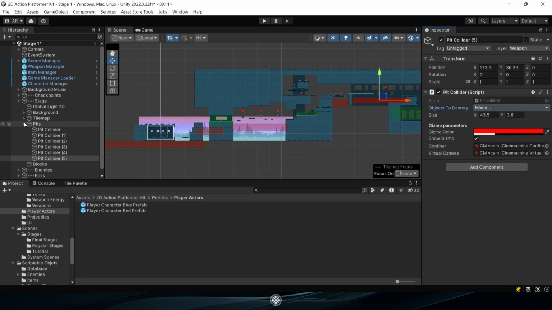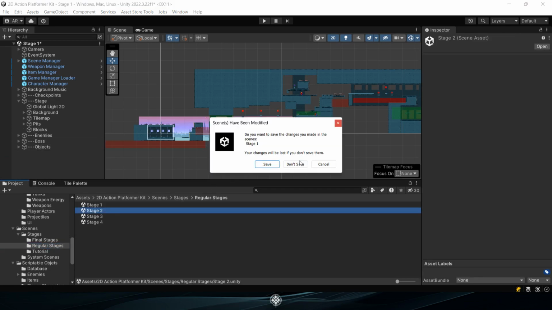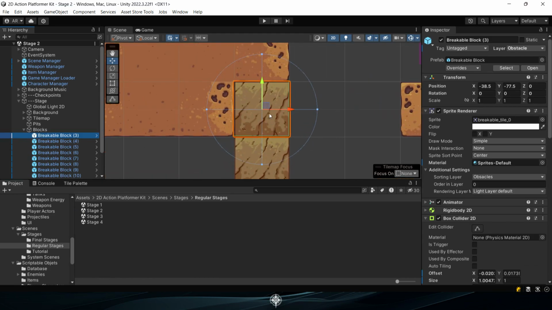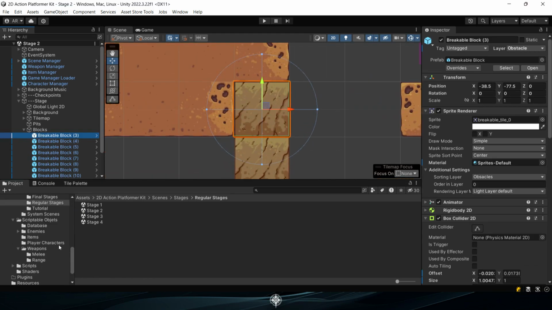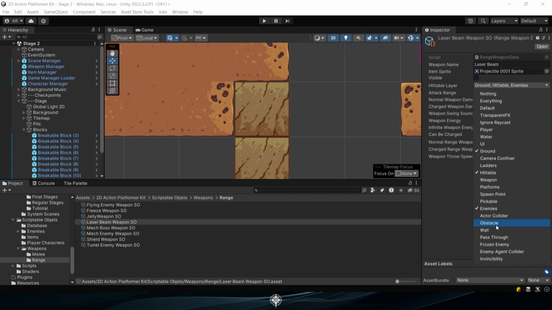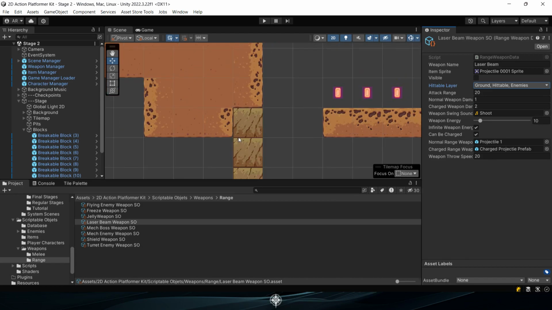Moving on to destructible blocks, which are absent in this stage but present in Stage 2, we'll explore their functionality. These blocks, found in prefabs and objects, can be destroyed by certain weapons, adding a layer of strategy to gameplay. To assign a weapon the capability to destroy blocks, navigate to scriptable objects, weapons, and select either a melee or ranged weapon. For instance, by adjusting the settings for the ranged weapon laser beam, you can add the obstacle layer to its hittable targets, enabling block destruction with this weapon. This setup provides a versatile framework for stage design, offering myriad possibilities for creating engaging and dynamic levels that challenge